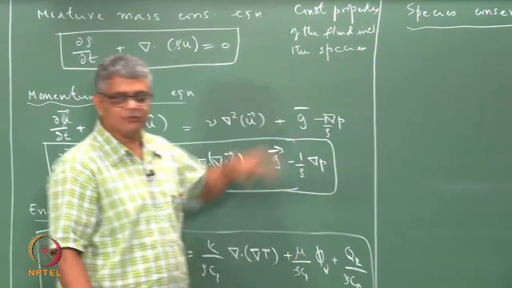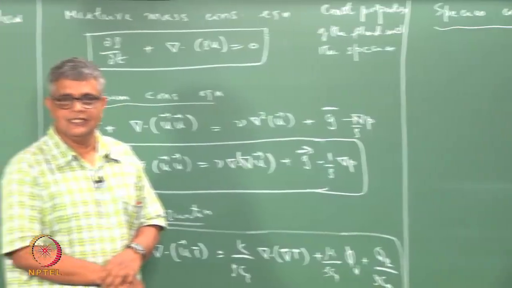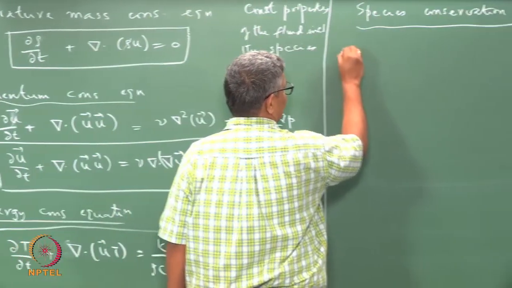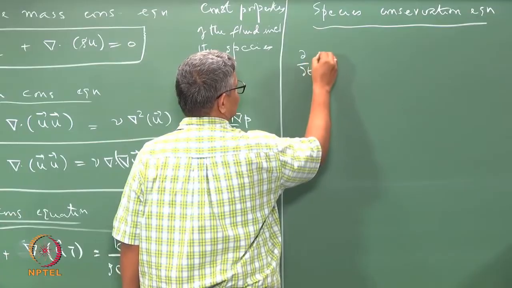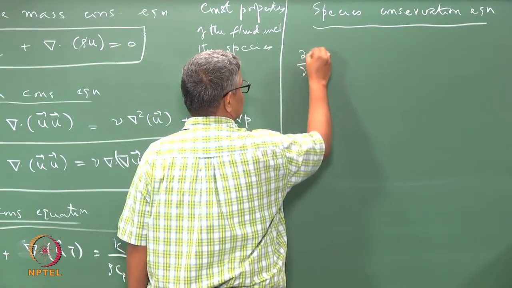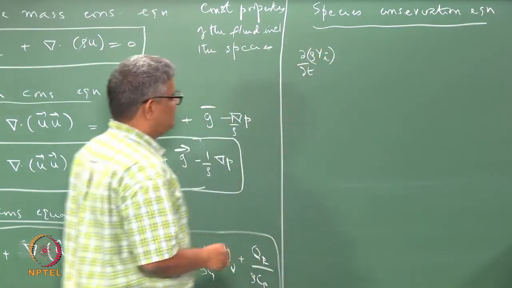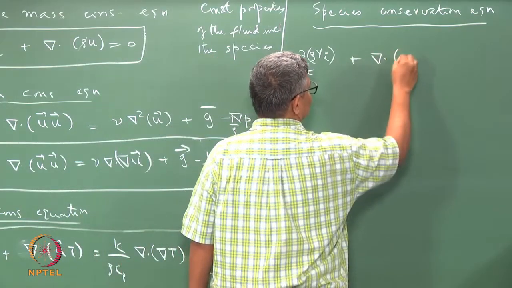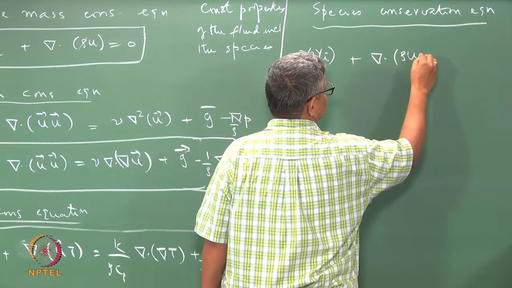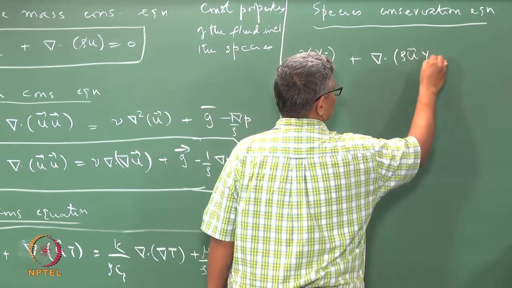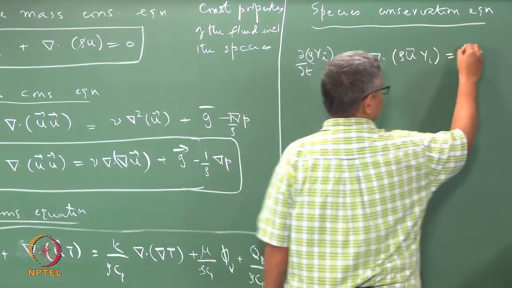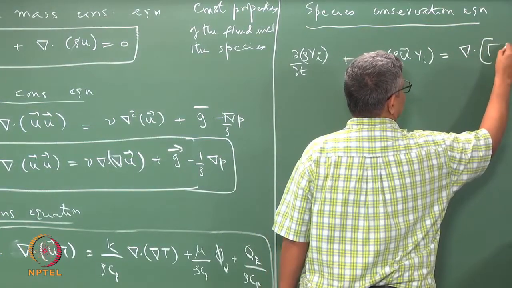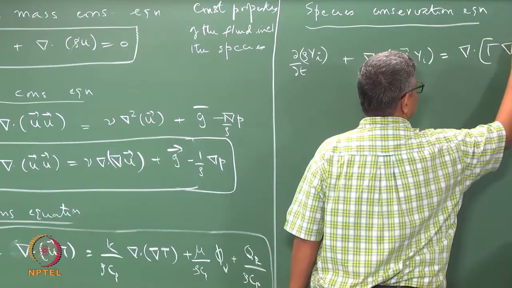So we have put this in the form of species mass fraction Yi as dou by dou t of rho Yi plus del dot rho u Yi equal to del dot gamma gradient of Y